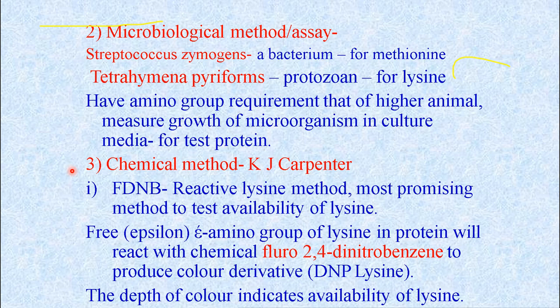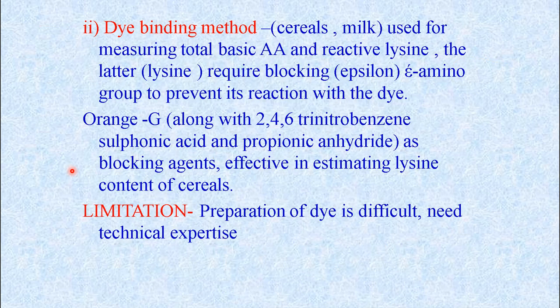Then the depth of the color indicates the availability of the lysine. The dye binding test is another method in which cereal, milk, etc. are used for measuring the total basic quantity of the building blocks. Then reactive lysine, the latter, means the lysine content; it requires blocking the epsilon amino group to prevent its reaction with the dye which is used for the estimation